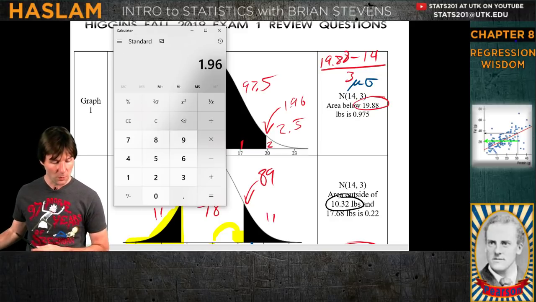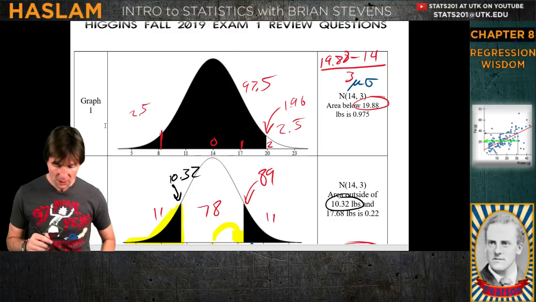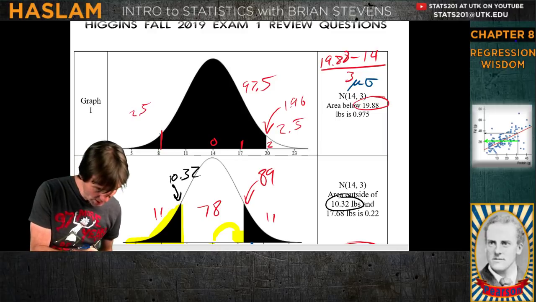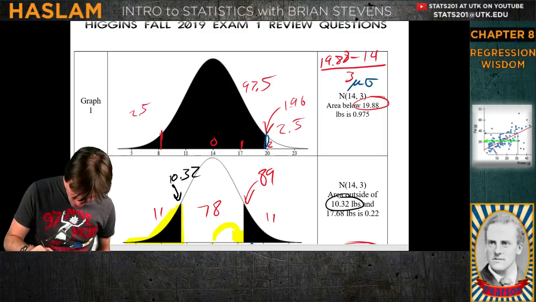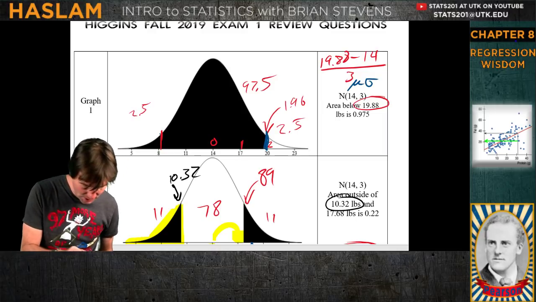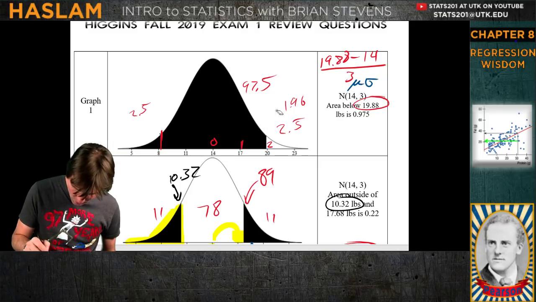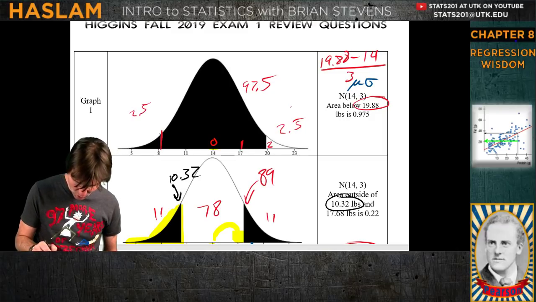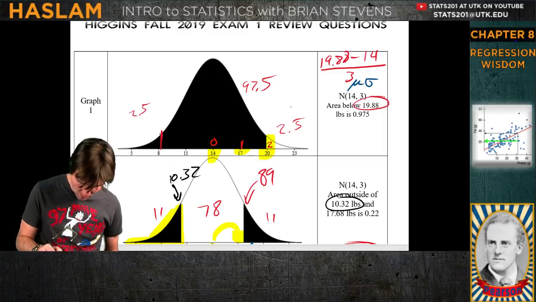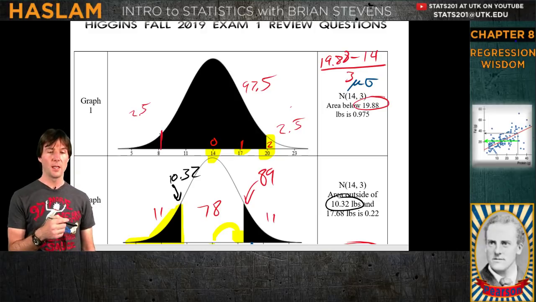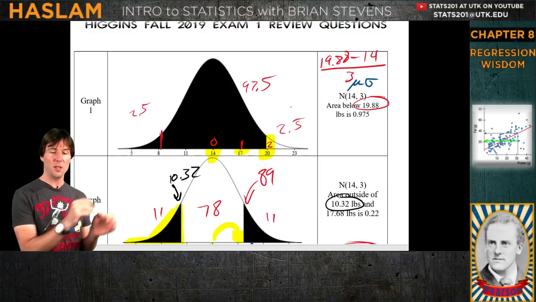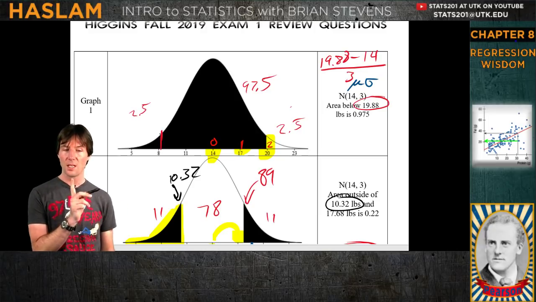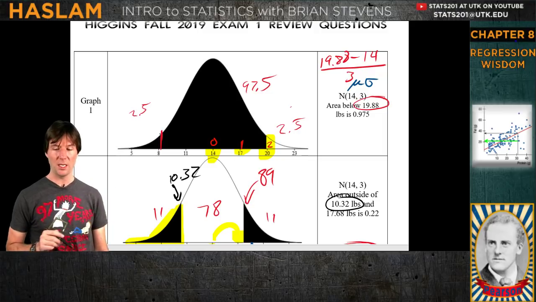But remember, what I did is I looked and I saw that this is a z-score right here of about 1.96. It's a little bit below 2. If you notice, when I put in my z-score marks, which I'll highlight where they're at, there's my z-score marks right there. You can barely see them. But my z-score markings told me that that is a little bit below 2, so maybe that's a z-score of 1.96.